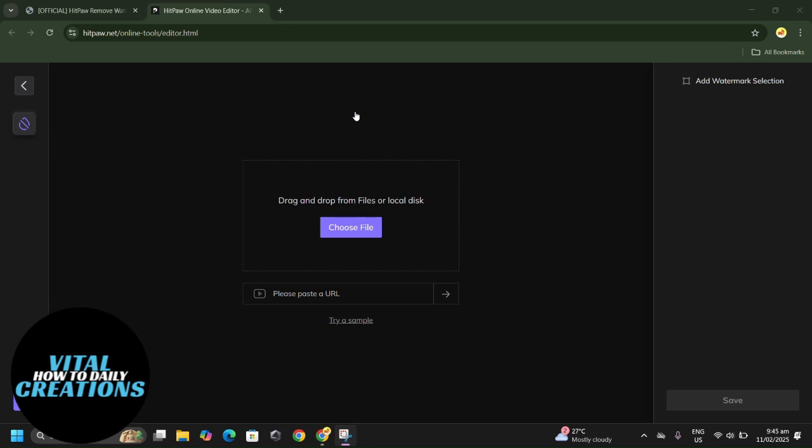And that's all. That is how you can remove the watermark in Vigal AI. Whether you choose to upgrade to premium, crop the watermark, use an AI remover, or switch to other tool, there are plenty of ways to get a clean video.